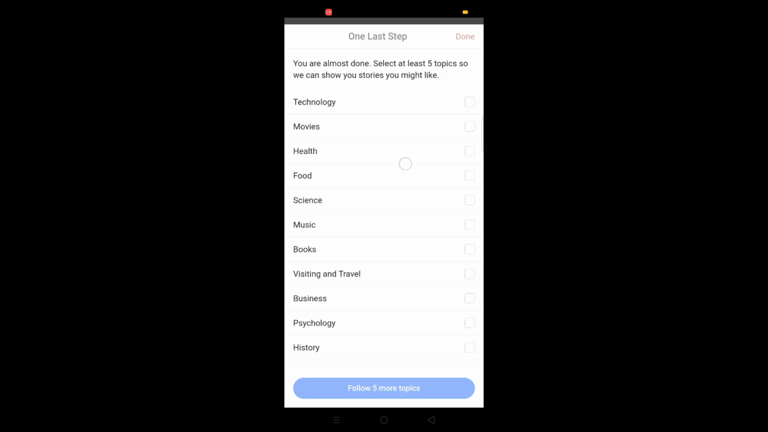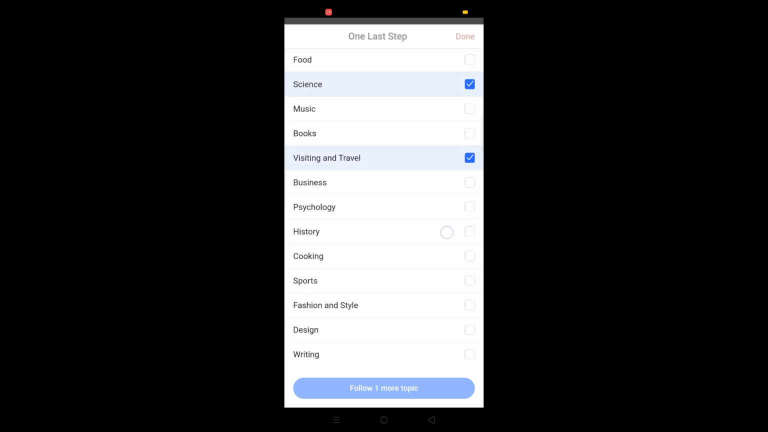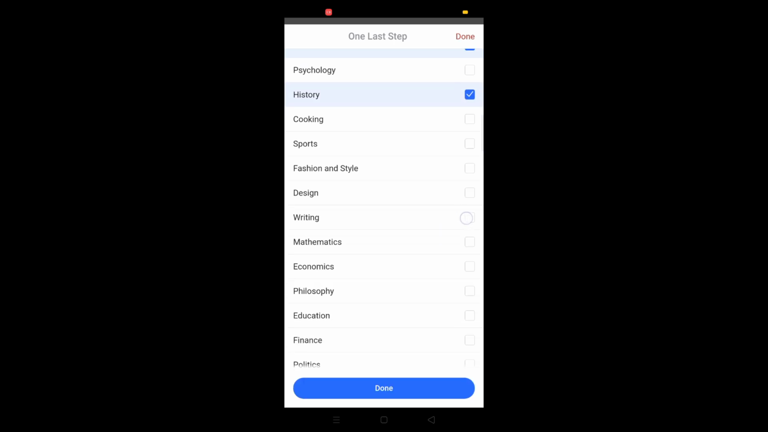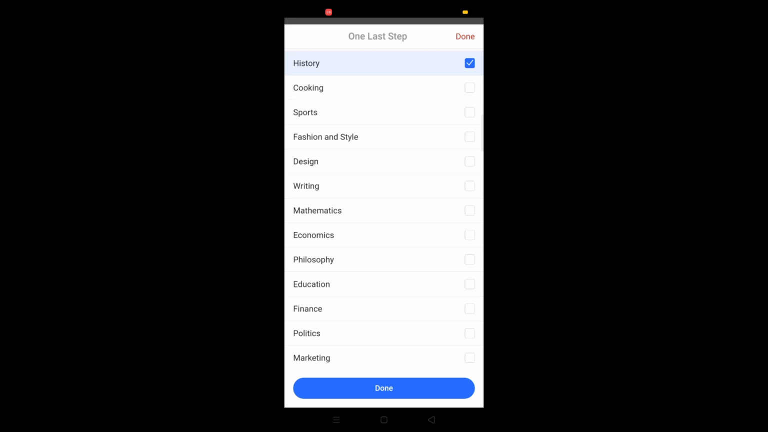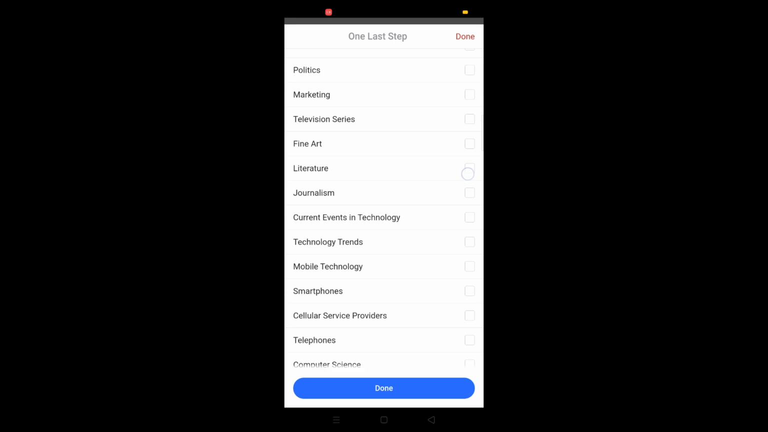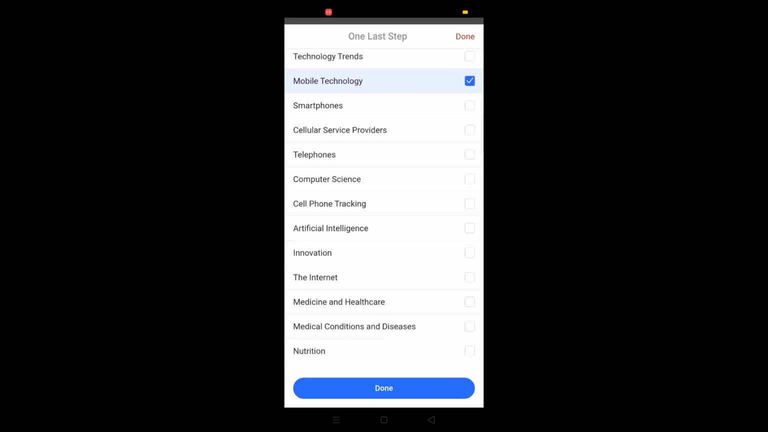So you will just select the niche of what you like: technology, movies, health, food, science, music, books, whatever you want to like, your daily hobbies. So you will just select all the steps, and when you complete your selection, you will just click on done. So for the next procedure,